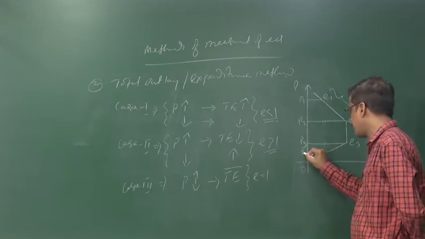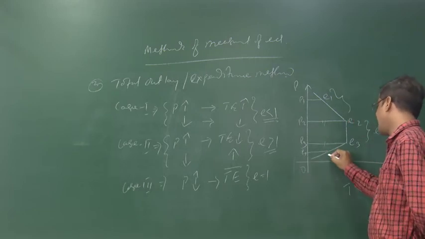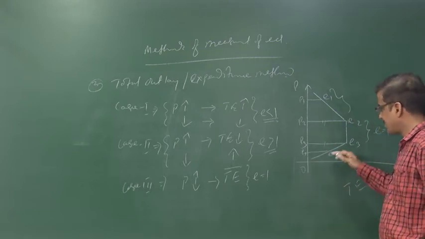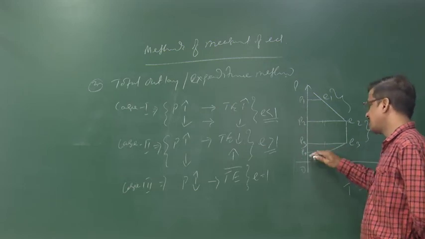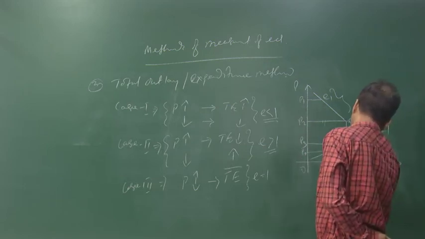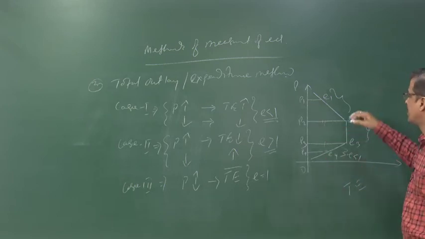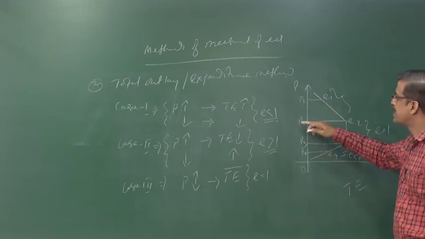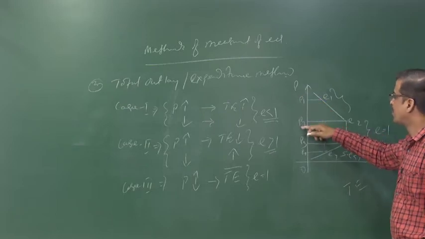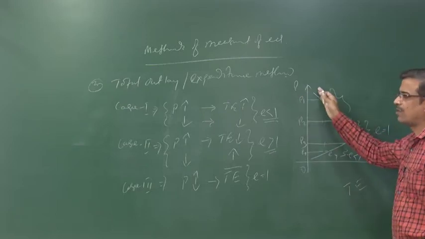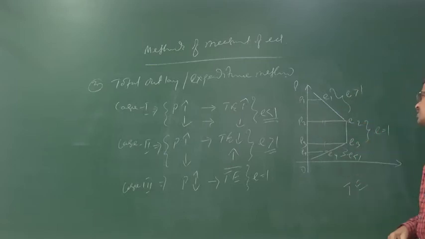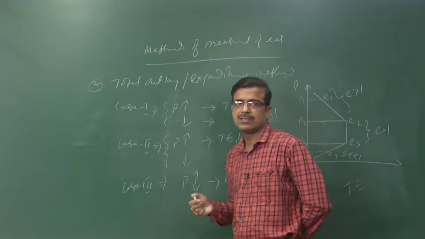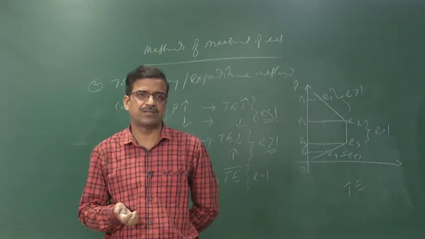But in this portion of the total expenditure, what do you find? When price falls from P3 to P4, expenditure also falls, and when price rises expenditure rises. There is a same direction relationship, so elasticity is less than 1. When there is an opposite direction, when price rises expenditure falls and when price falls expenditure rises, elasticity is greater than 1. So this is the situation to depict what is called the total expenditure method.